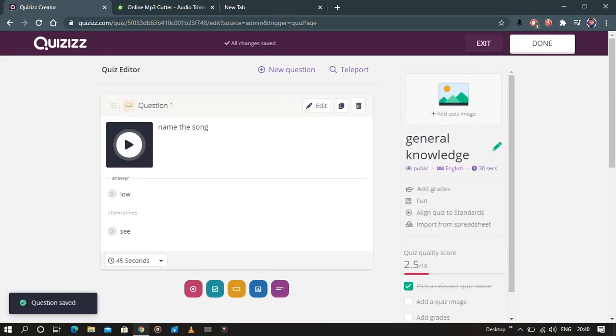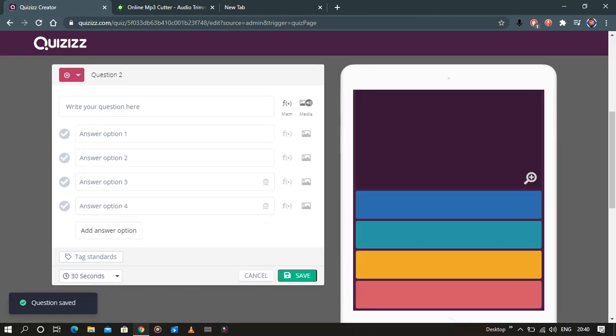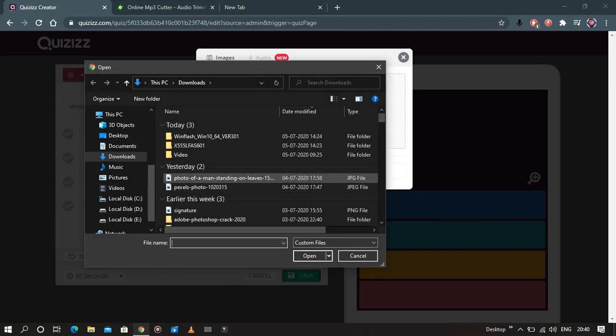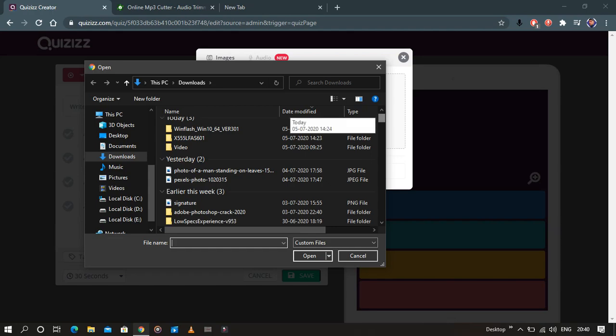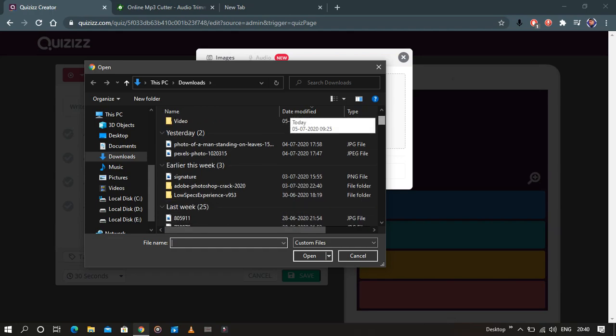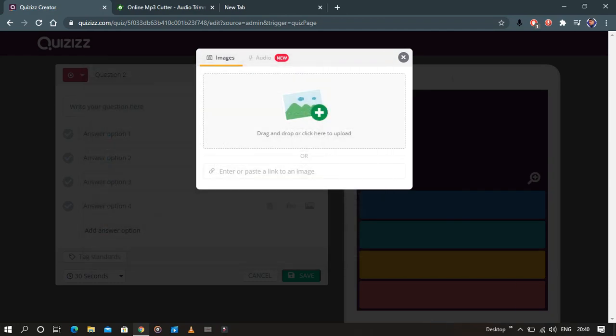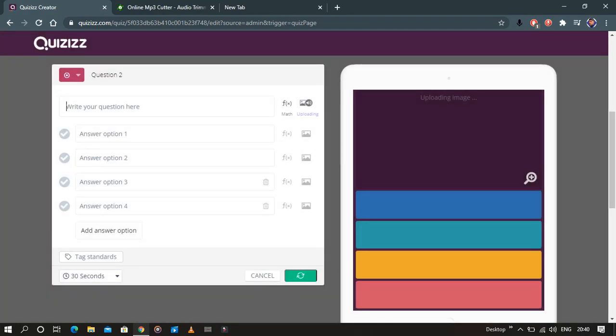So now let's create a multiple choice option. Now I will add media up here. Okay, so I am uploading my signature only. So simply as you upload media, the media will come here.